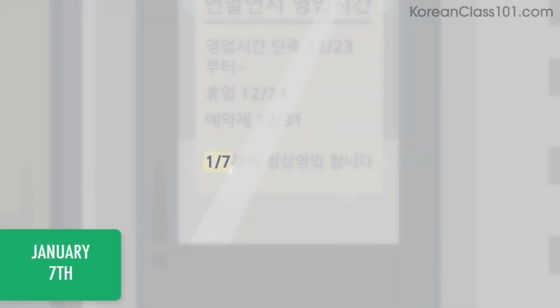The notice says that the opening hours will be back to normal on January 7th. 1월 7일,